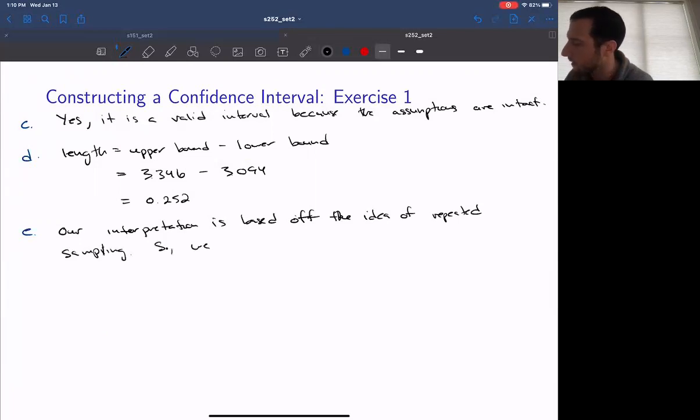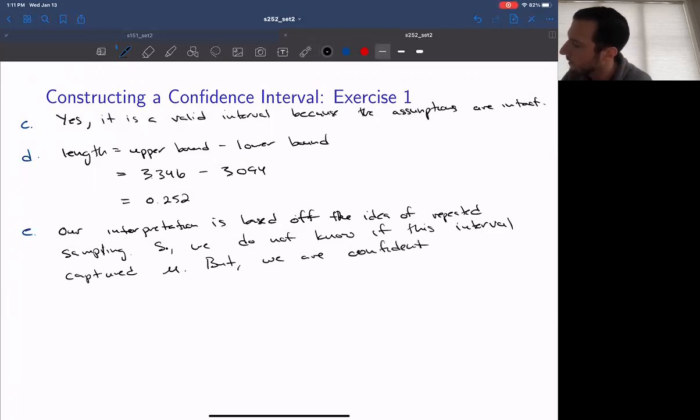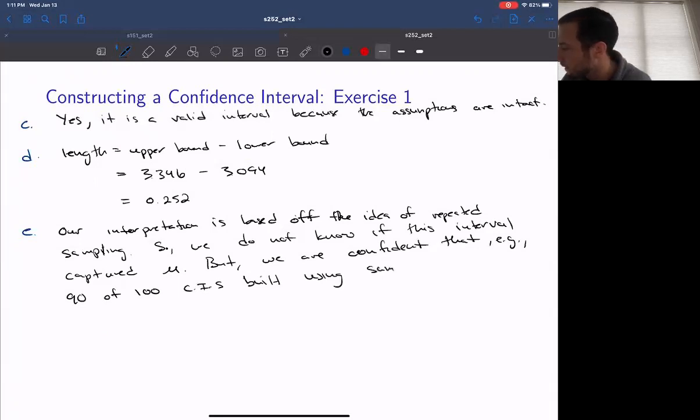So we do not know if this interval captured mu, but we are confident that, for example, 90 of 100 CIs built using samples of size 678 would